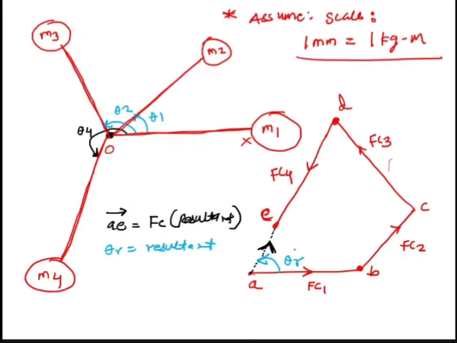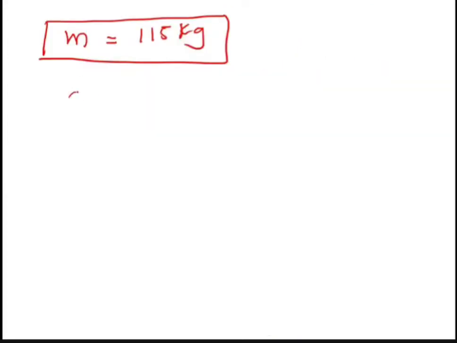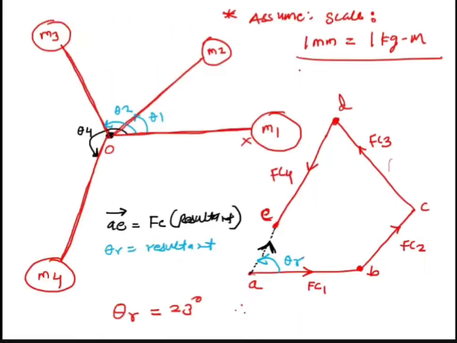Okay. Now what do you do? Measure this angle theta r. How will you measure? You will measure this angle theta r in the anti-clockwise direction from the AB. So after measuring, let us say I am getting theta r is equal to 23 degree. Have you measured this? Okay. So now what you will do? Once you measure this, I will get a balancing angle. So theta, that is the balancing angle, is nothing but the resultant angle plus 180 degree. Why am I adding 180 degree? I will show you on the plot. So my angle is 203 degree. So I will show you exactly how it looks.